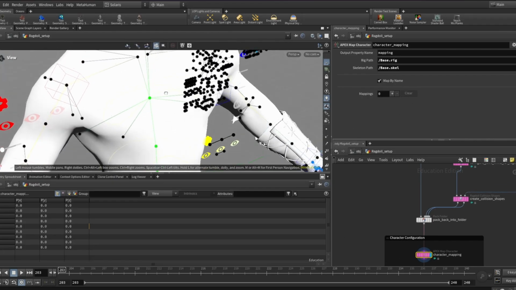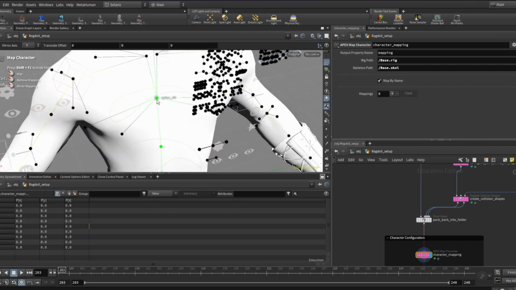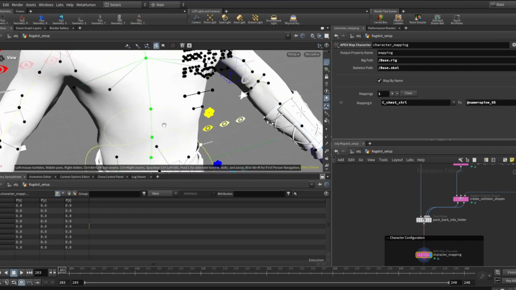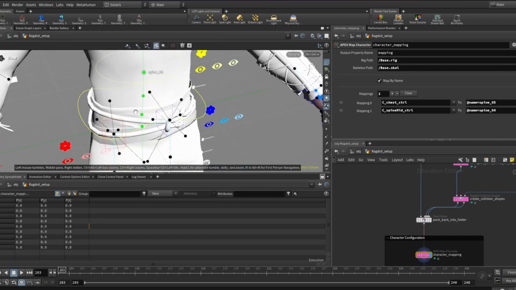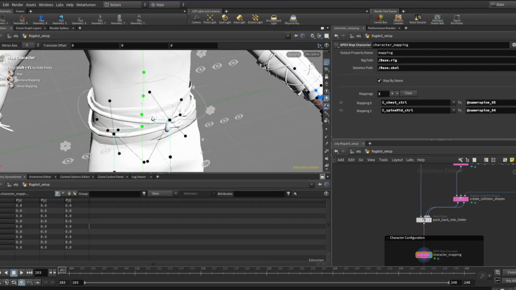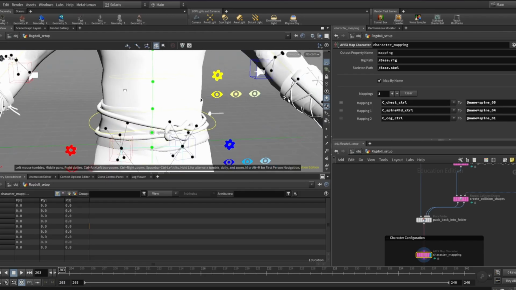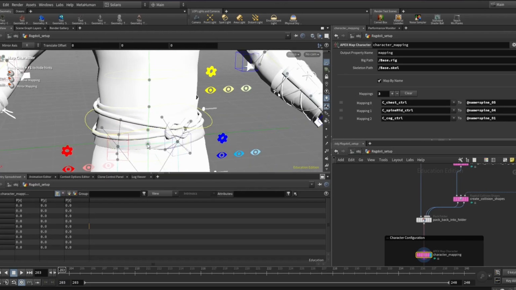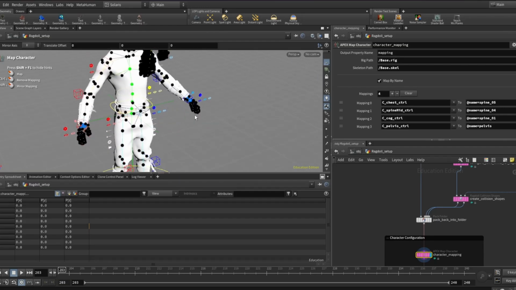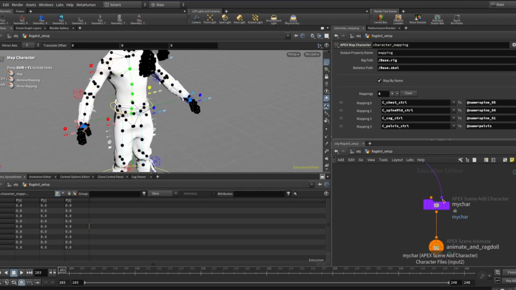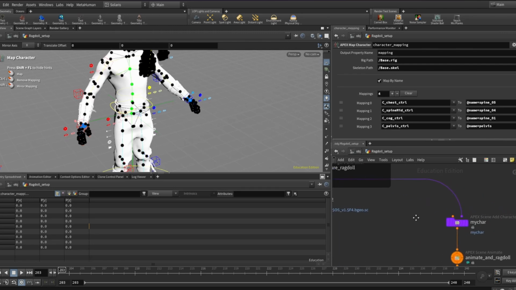So for me, the chest control to the spine. Then I bring the cog to the spine 1. The pelvis to the pelvis control. And that should be enough. You can come down here